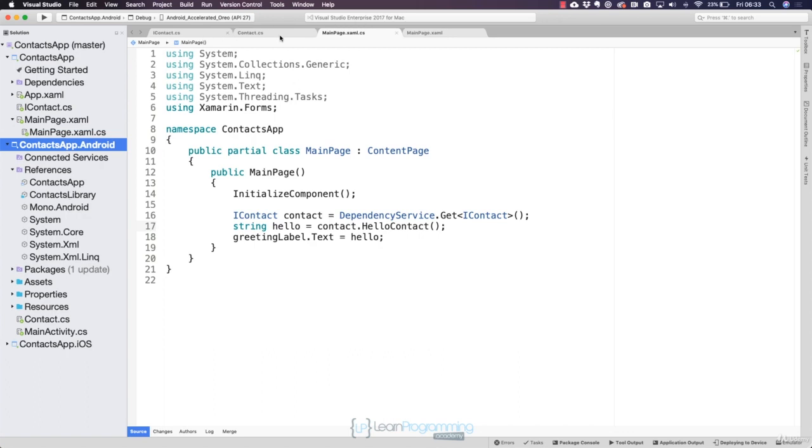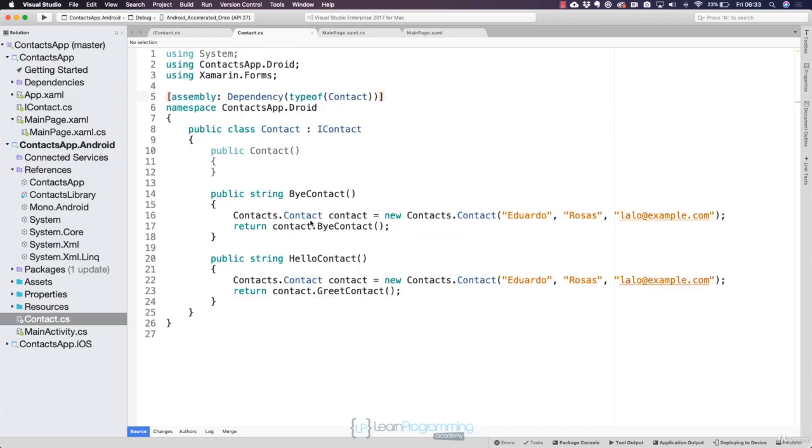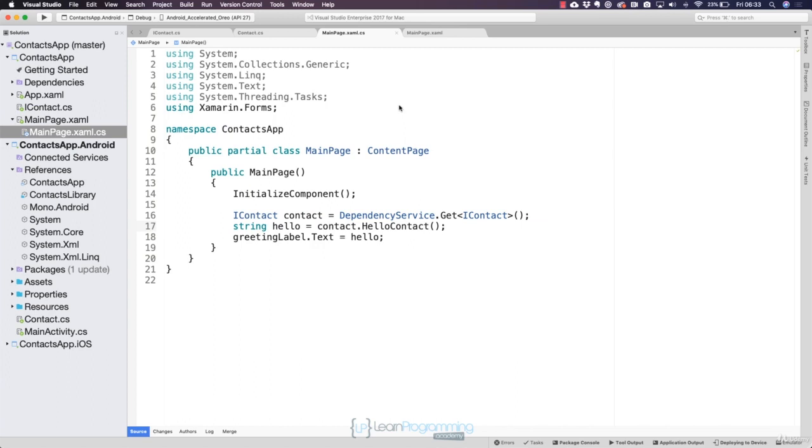We are just creating an interface, creating the implementation over on Android. This is a dependency injection over to the .NET Standard library, and right here we see how this is going to work. Of course, something very similar is going to happen for iOS, but that is something for the next section. During this section, let's continue to focus on Android, starting in the next lecture, taking a look at something